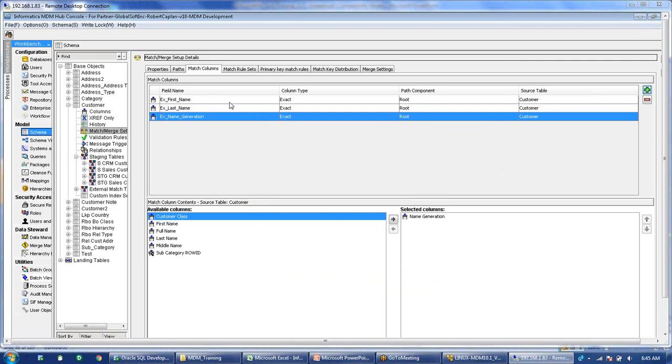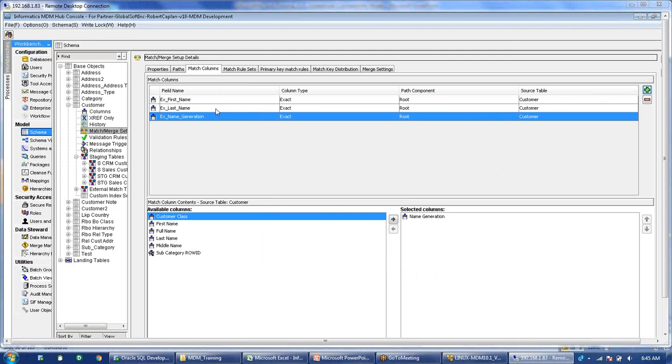Probably first name and last name, we cannot use as exact columns, that's correct. These are always fuzzy columns because we know there will be differences in the data, but this is just for testing the exact part. We are using it like this just to show you how the exact scenarios work.